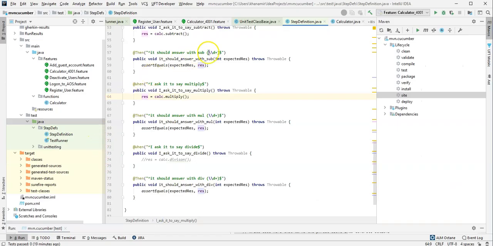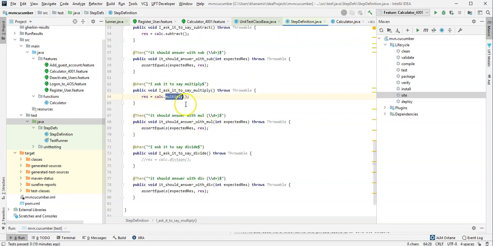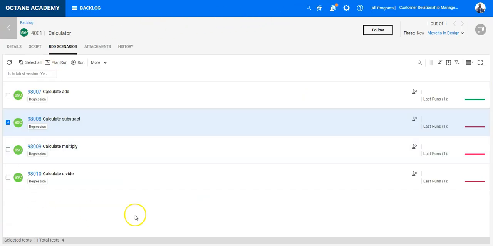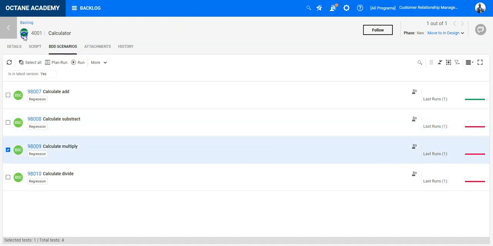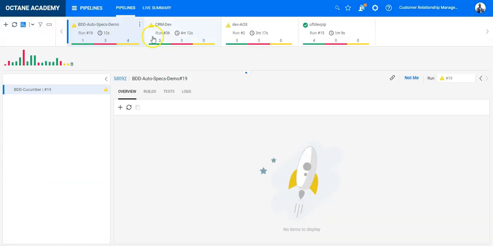Let's take a look quickly here. So in the calculator, you can see I have now also subtract and multiply, and the step definition gets it here as well. This is what matters, the check if this function is working or not. And let's see how the pipeline behaves now. So we will rerun the pipeline, and then I expect here to be green, and this one should be green as well. So let's go into the pipelines module, rerun the pipeline,